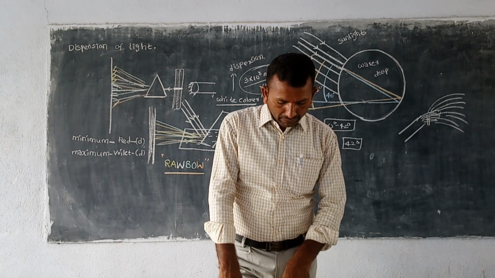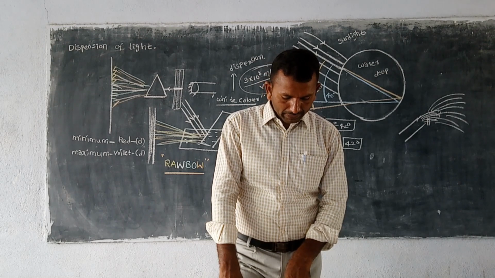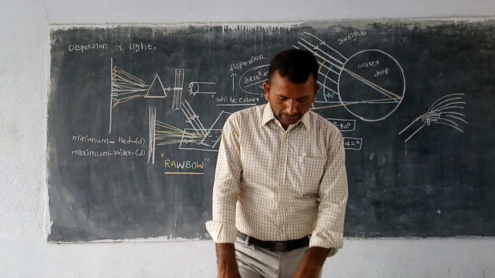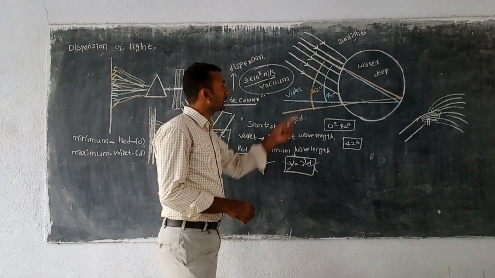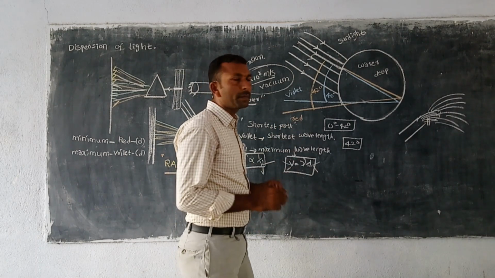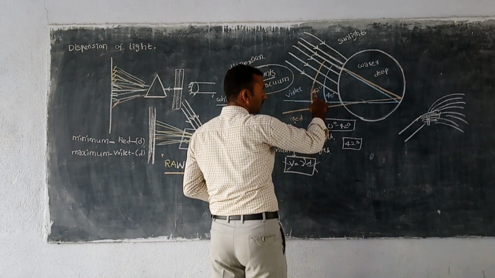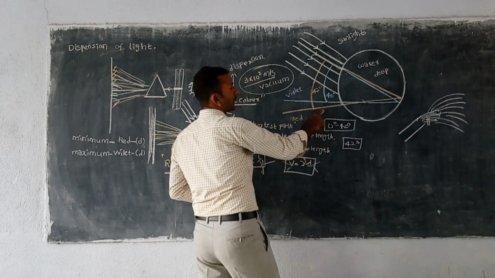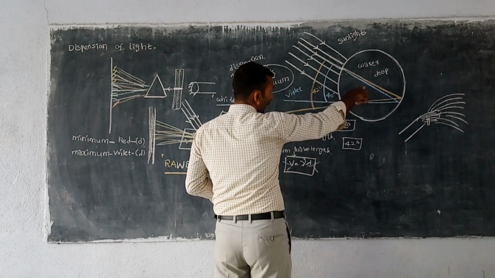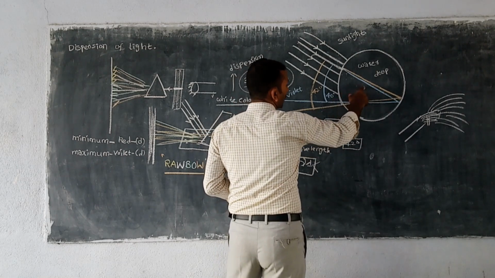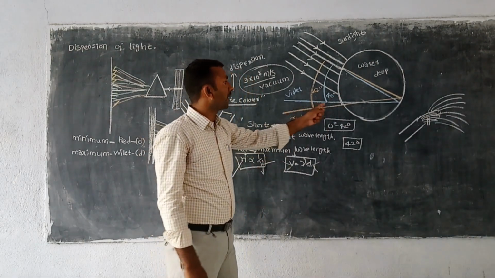The color violet is seen when the angle between a sunbeam and the light sent back by drops is 40 degrees. If you look at the angle between 40 degrees and 42 degrees, you will observe the remaining colors. So you are able to see the red color when the angle between the red light ray and the sunlight ray reaches 42 degrees, and the angle between the sunlight and the refracted violet ray reaches 40 degrees. At that time you are able to see the violet color.